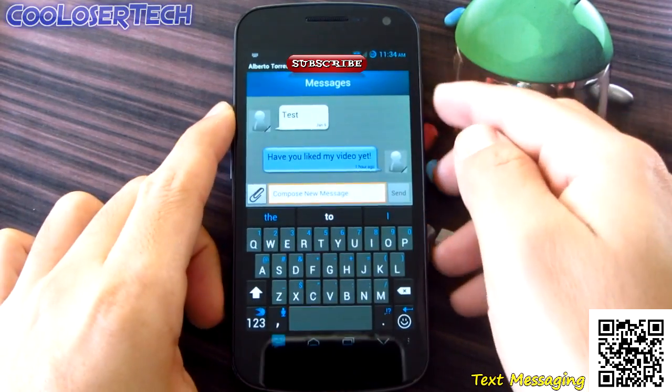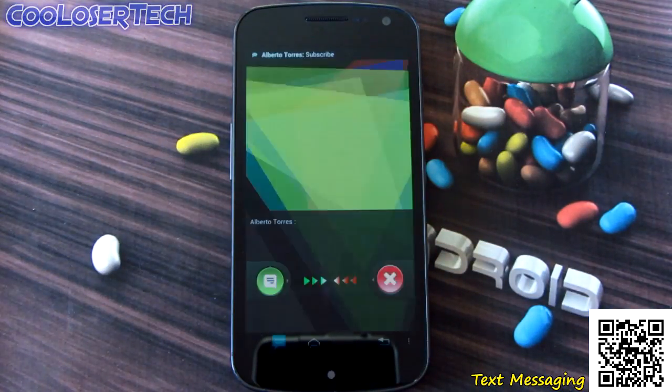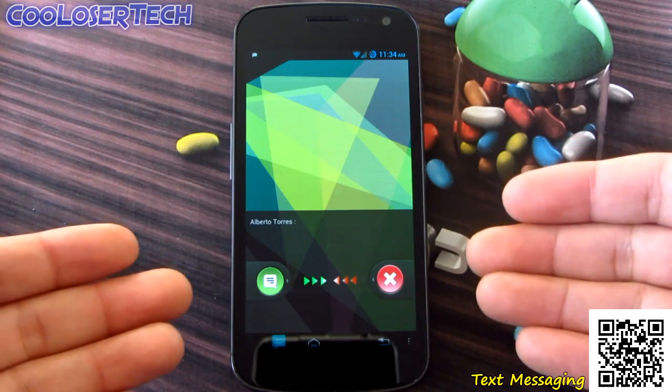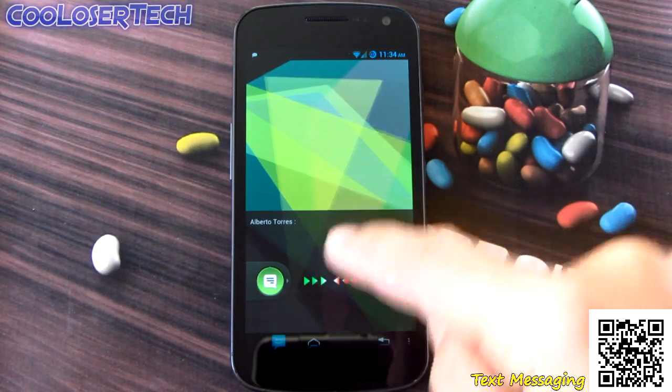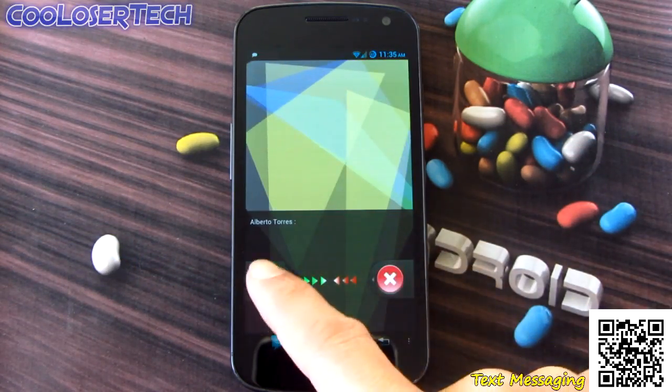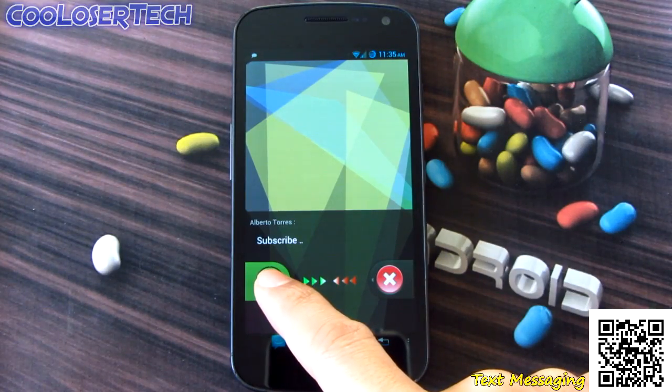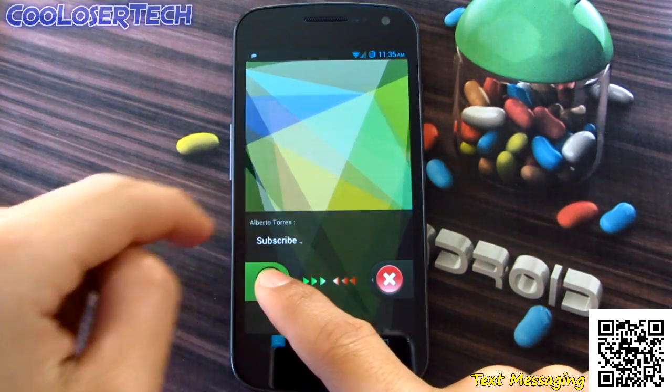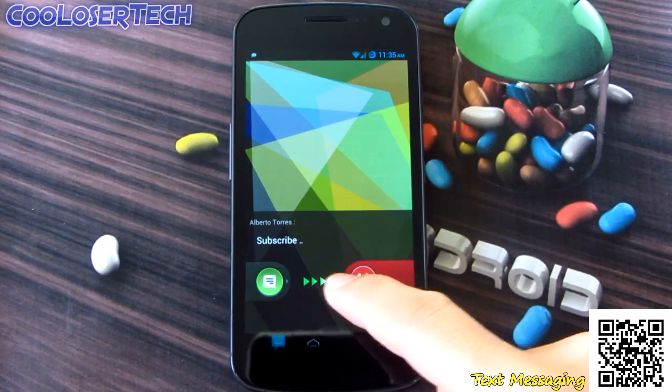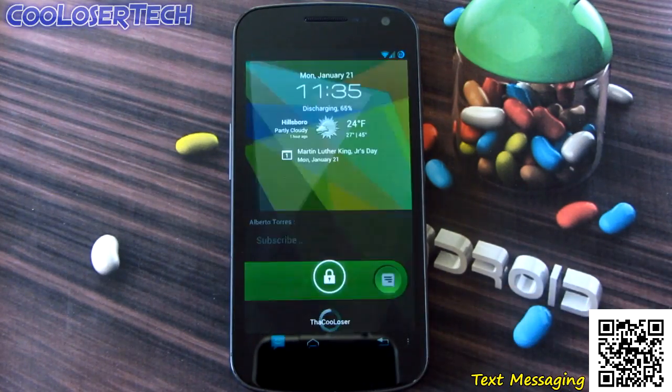have a little lock screen thing. Let me lock it right here, and as you see right here, it kind of has the unlock screen, tell you who is messaged from. It won't display anything until you touch right here, and it'll say something like says subscribe. The message will run through there. If you want to dismiss it, just dismiss or go to it, so you can jump right to